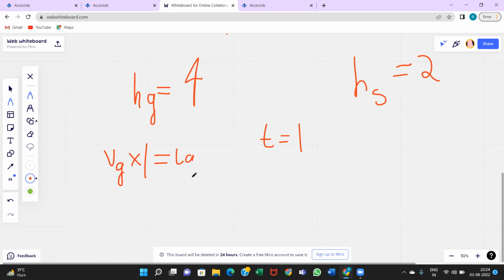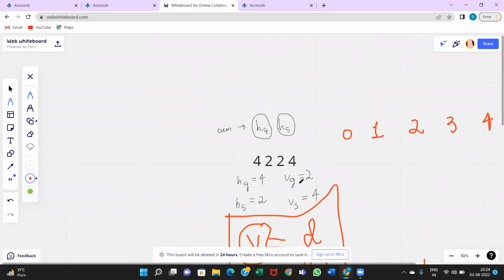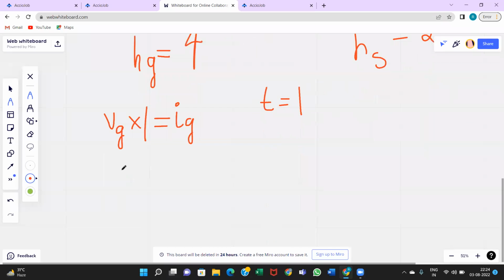So Vj is given to us. It is given as 2. So at time period 1, the increment in Jian's height is 2 units,